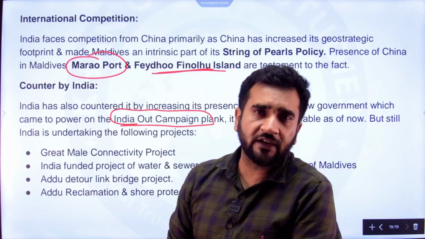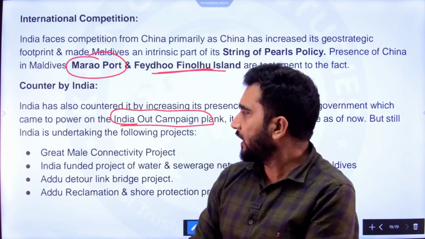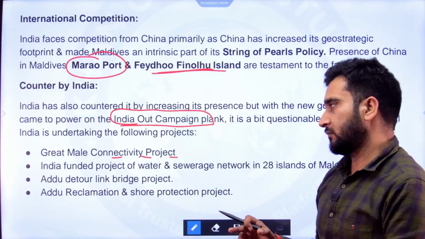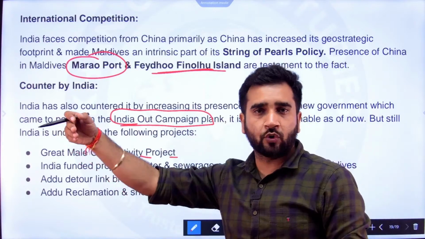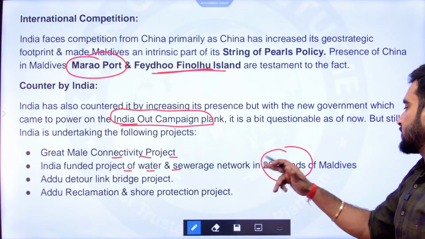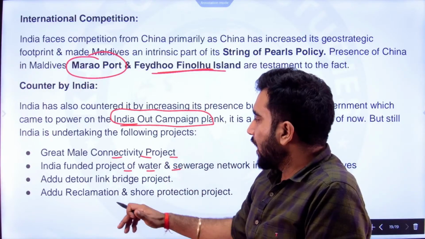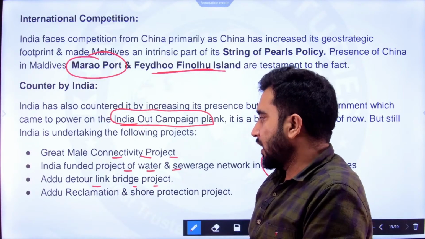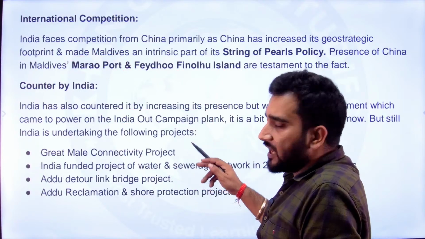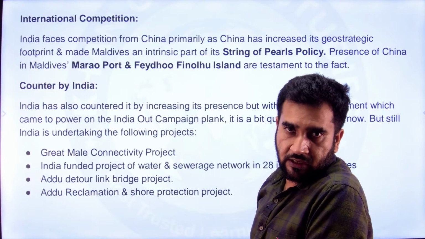और वहां पर इंडिया का प्रेजेंस या चाइना का प्रेजेंस विल ऑलवेज बी डिपेंडेंट अपॉन द पॉलिटिकल पार्टी ओवर देयर, कौन सी पॉलिटिकल पार्टी है पावर में, ठीक है। बट फिर भी इंडिया का जो प्रेजेंस है वहां पे, जैसे ग्रेट माले कनेक्टिविटी प्रोजेक्ट, इंडिया बहुत सारे आइलैंड्स को जोड़ रहा है, ब्रिज बना रहा है। इंडिया फंडेड प्रोजेक्ट ऑफ वाटर एंड सीवरेज नेटवर्क इन 28 आइलैंड्स ऑफ मॉलडीव्स, तो अभी एस जयशंकर जी गए थे, उन्होंने ये वहां पर इनॉगरेट वगैरह भी किया। अडू डिटोर लिंक ब्रिज प्रोजेक्ट, अडू रिक्लेमेशन एंड शोर प्रोटेक्शन प्रोजेक्ट। तो ये सब प्रोजेक्ट्स इंडिया भी कर रही है वहां पे, ताकि हम चाइना को कंपटीशन दे सके, ठीक है वहां पर।